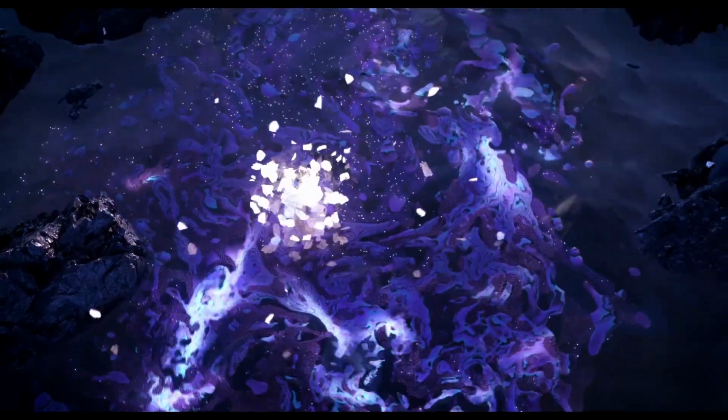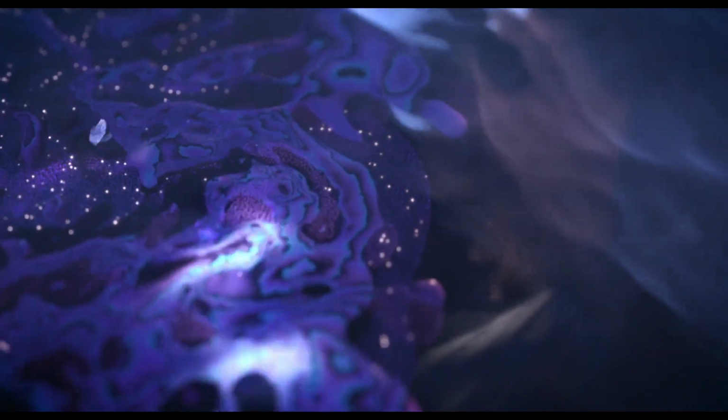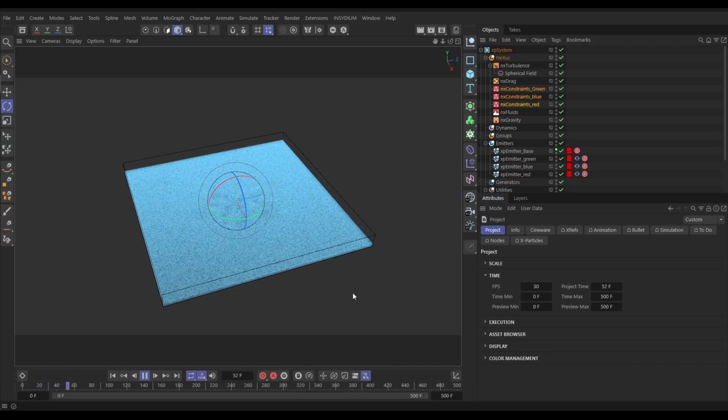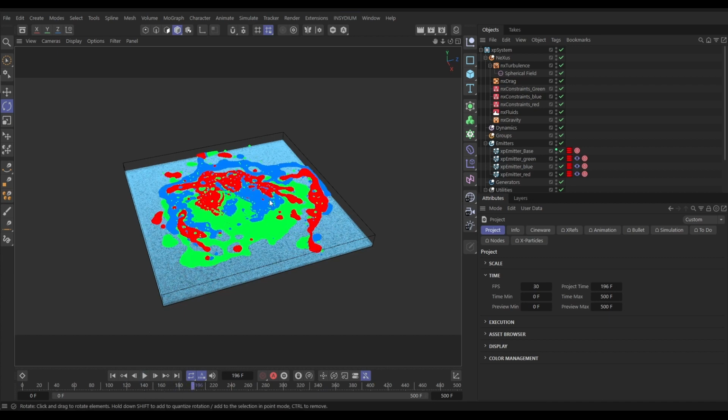In this video we're going to take our fluid particles and colour them with gradients and create an animated ocean surface. So let's start by taking our scene where we left off, and we're going to make these particles look a little bit more interesting. These three different emitters, instead of them having separate colours each, we'll map some nice gradients to these particles based